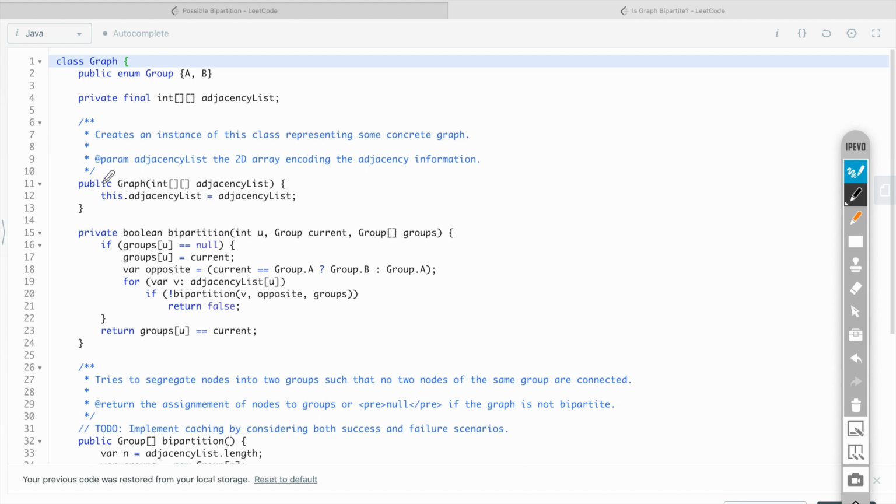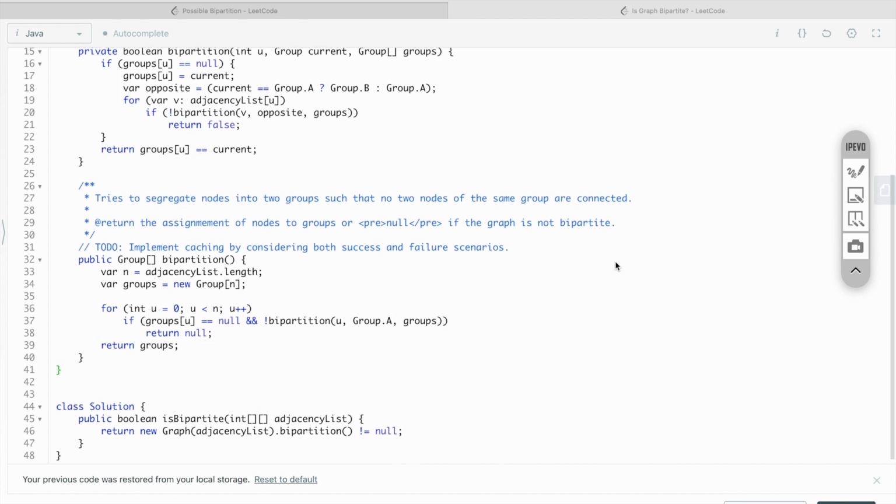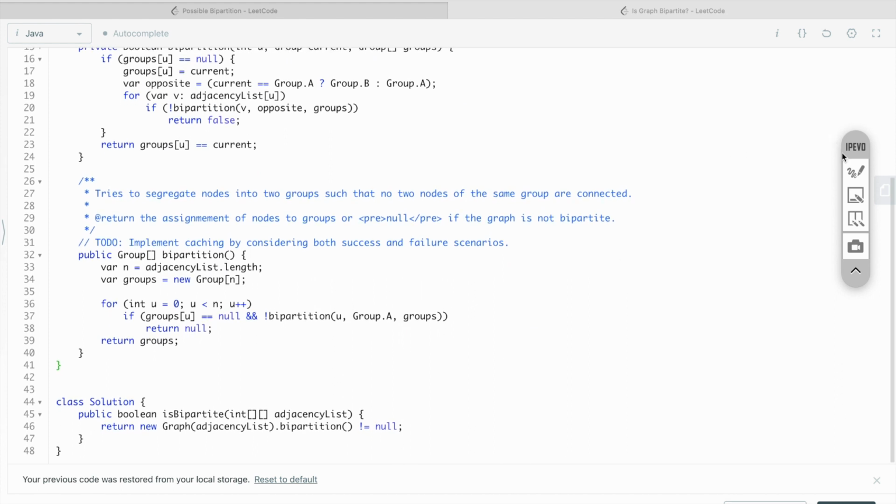Now, after creating an instance of this class, the client would call this public bipartition method. And the way how it works is very straightforward. Let me first show you the usage scenario here.